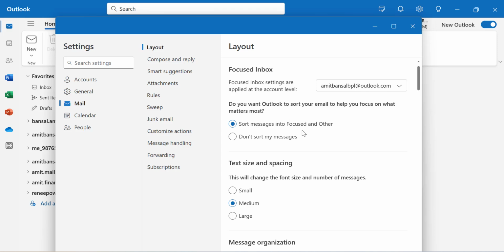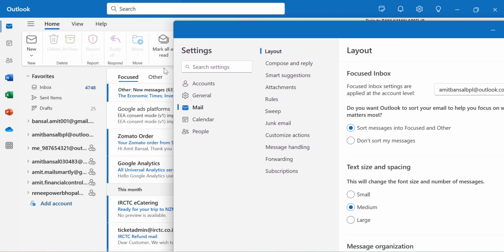Sort messages into focused and other, and don't sort my messages. This is a very important feature, because if you are using Outlook, see, I am using my Outlook account and I have two mailboxes, focused and other. The difference between both the folders is that focused only consists of those emails which I used to open and focus on,